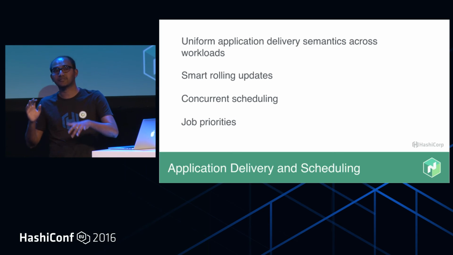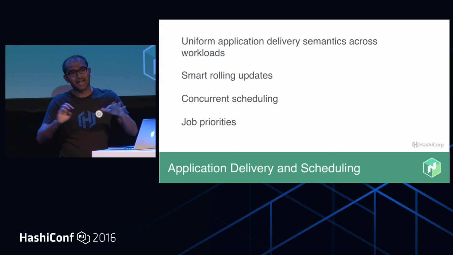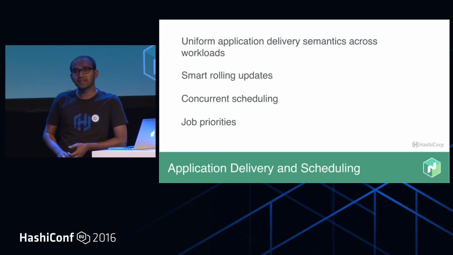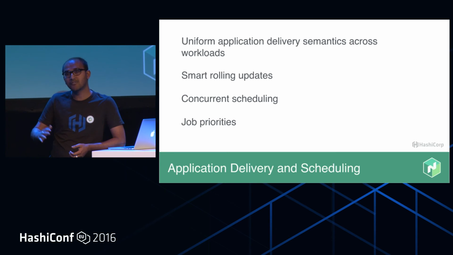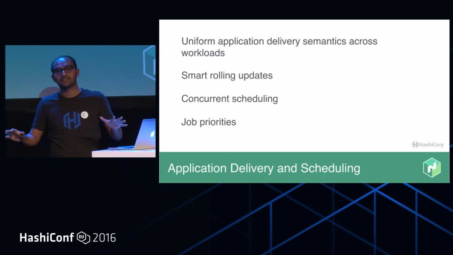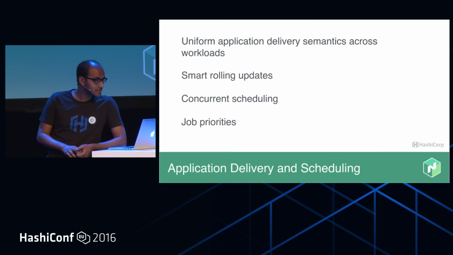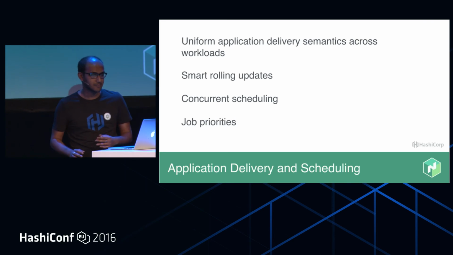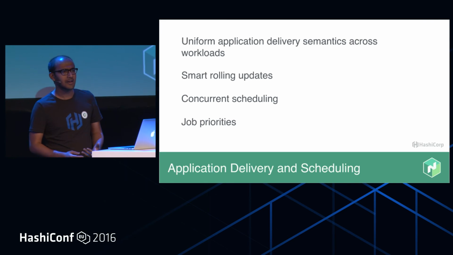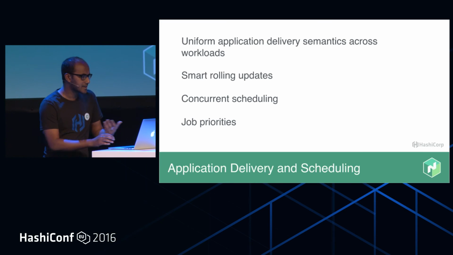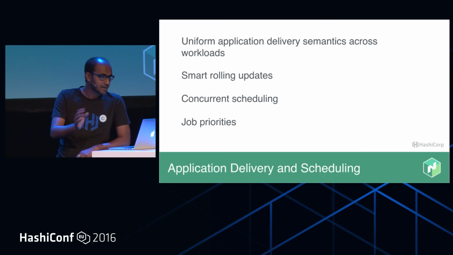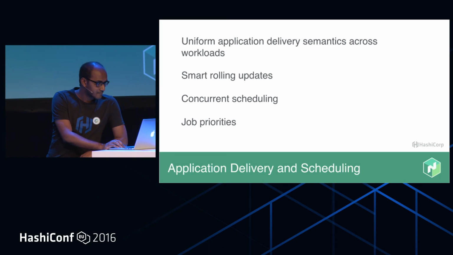So if you're an organization where you are doing various types of deployments, we thought it would be nice if you could have the same type of deployment semantics and the same way of doing deployments across all the different drivers and across all the different types of workloads. This is something Nomad tries to achieve. The job file is something that you define for any kind of application, be it containers, be it Go binaries, be it something which is not inside any containerizer.